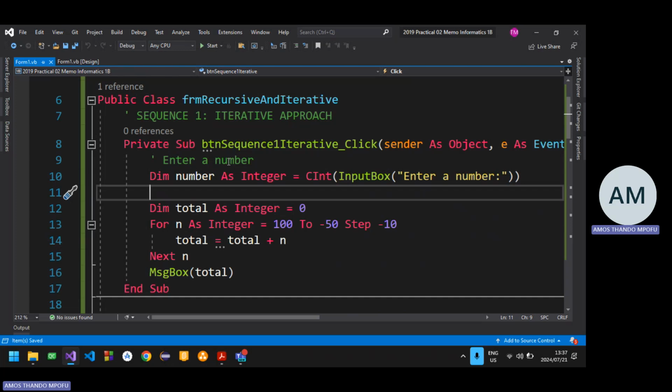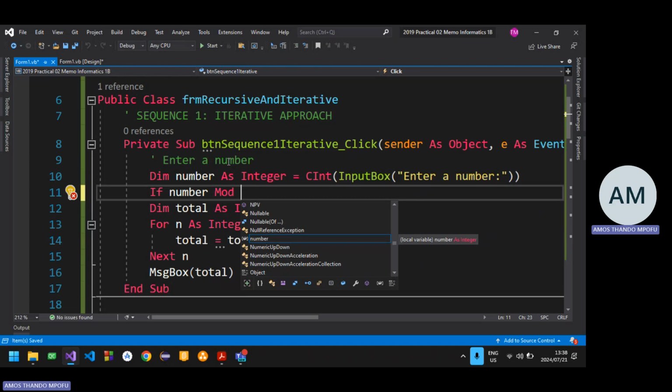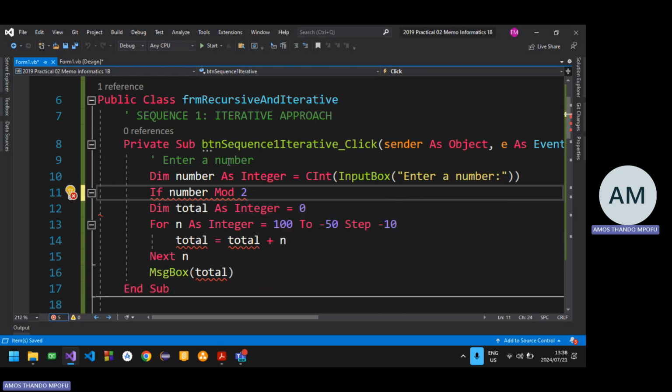And then I'm gonna check if it's even or odd. Well, let's just say we're checking if it's odd. So how do I check that? I say if that number modded, or you see mod in a way it's like if I divide it by 2, what remainder do I get? Remember, modulus or finding a remainder, you still have to divide. But then you have to use the right keyword to tell it to give you only the remainder portion, not the quotient or not a double. So if I divide it by 2, because